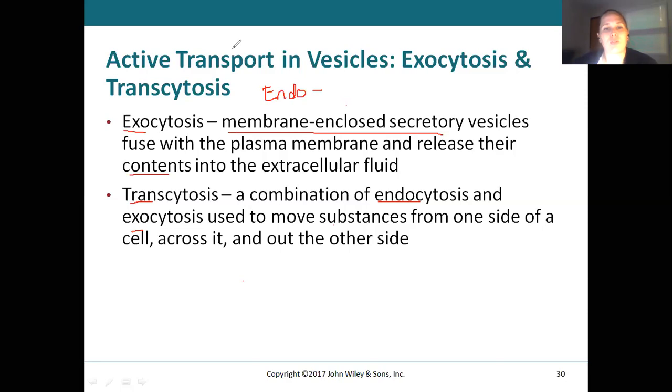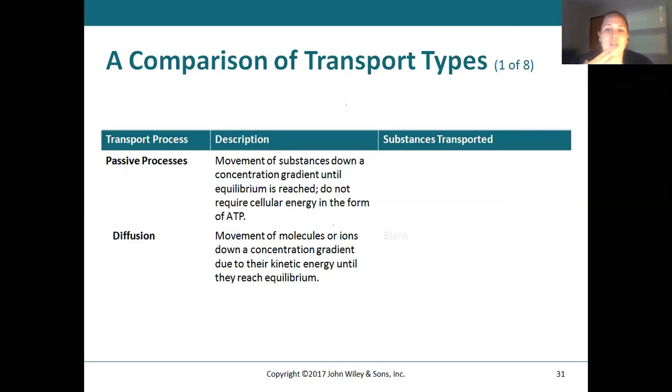So I'm not going to torture you with each step of these processes, but just recognize that when we get to talking about some of the cells that make up different systems, all these terms will be important. Okay, so